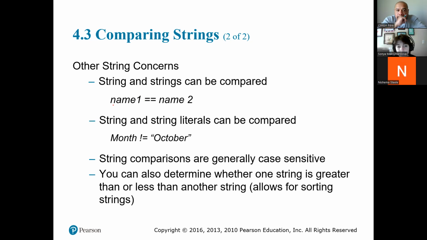You can compare a string variable with a string variable. You can also compare a string variable with a string literal. And the difference between the string variable and string literal is that one is saved, which is our string variable. Because remember, whenever we create a new variable, it gets stored in your memory. And string literal is just a word. Whatever you type, it's not stored anywhere. It's just whenever you want to compare something really quick to just one keyword, you would use a string literal